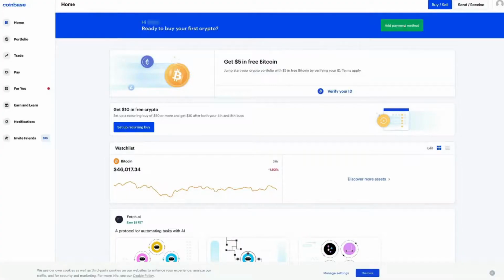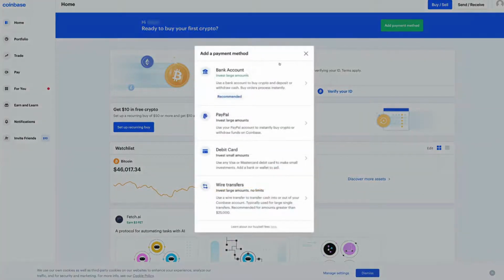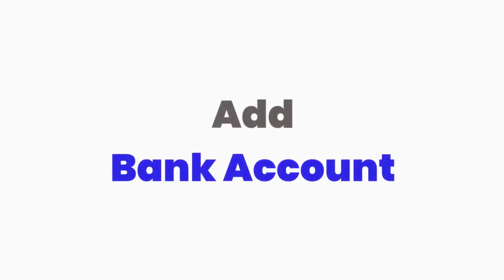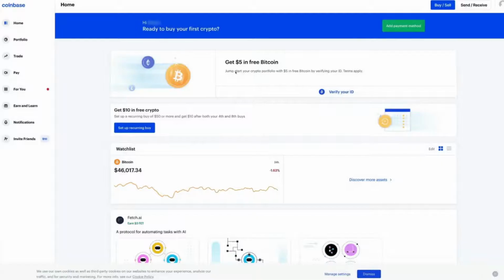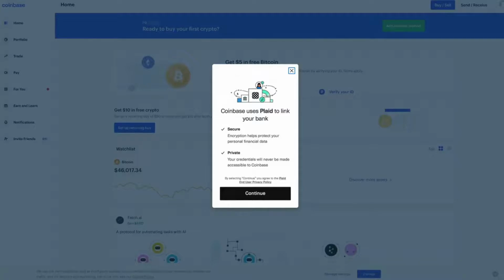Now that we've logged in, we want to add a payment method. And you can see we have several here. They're recommending that you use a bank account, but you can link to a PayPal, debit card, or wire transfer. Now, once you click on bank, link in a bank account,